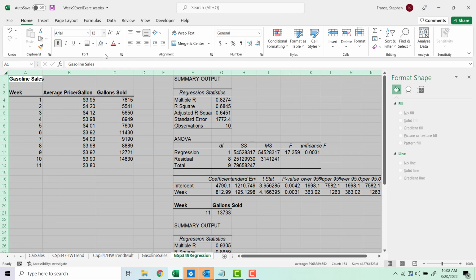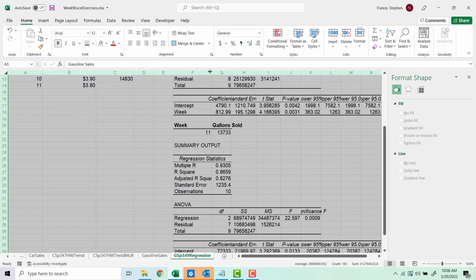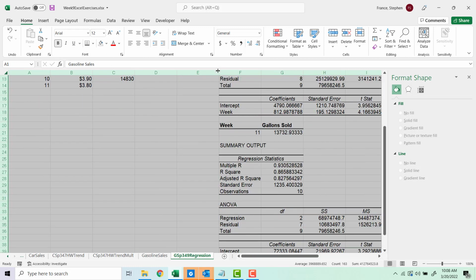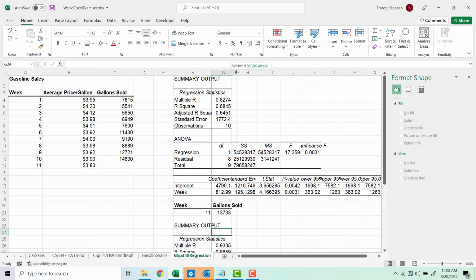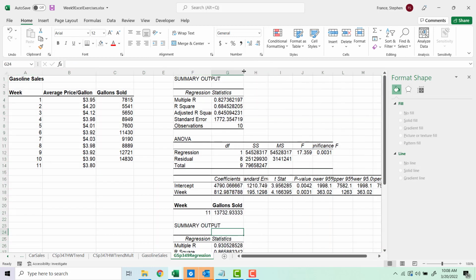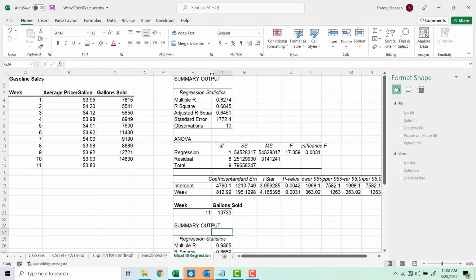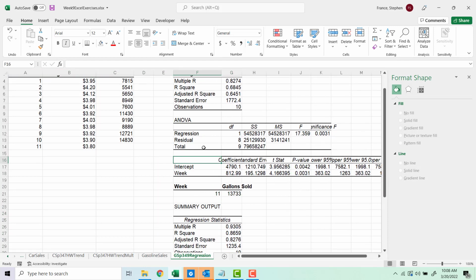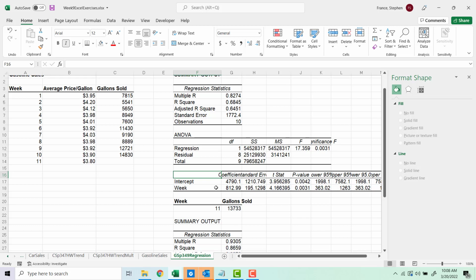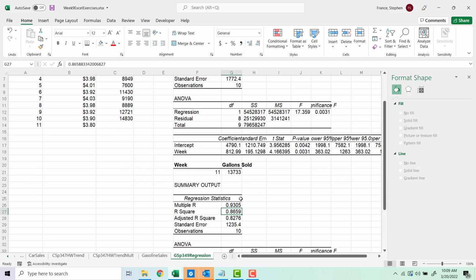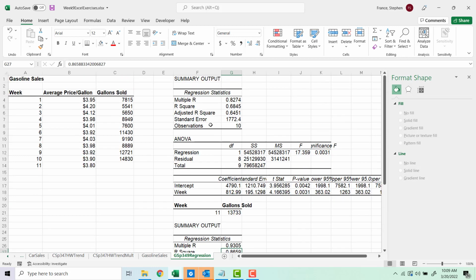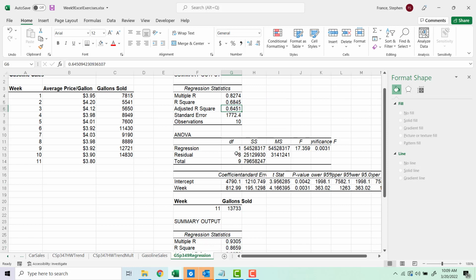Let's just update our font. Okay. So multiple R squared: the R squared has improved from 0.684 to 0.865. And more importantly, accounting for the extra parameter, the adjusted R squared has increased dramatically as well, from 0.645